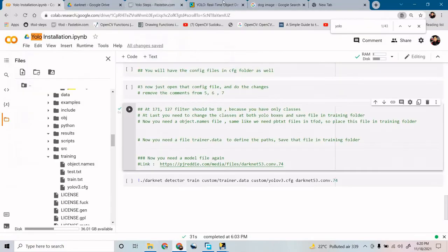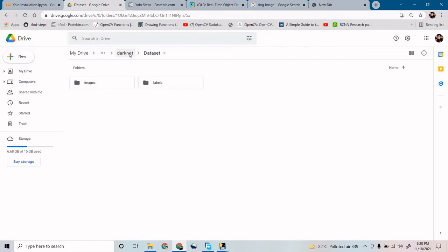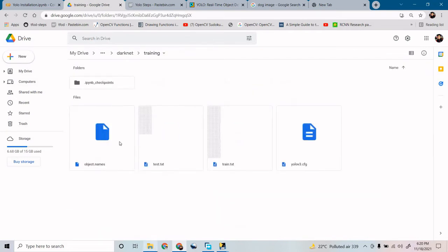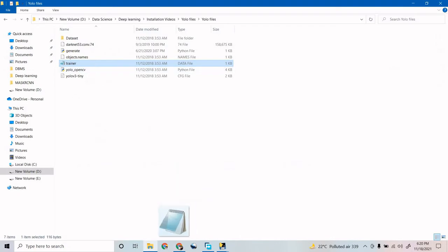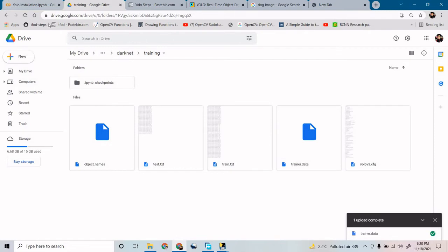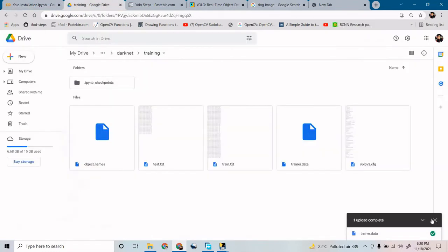I'm going to upload this, not in the data sets, but inside my training folder. This is done, and I'm going to refresh this. You can see inside training you will get trainer.data as well. Soon it will update. So this is done. The trainer.data file is available.